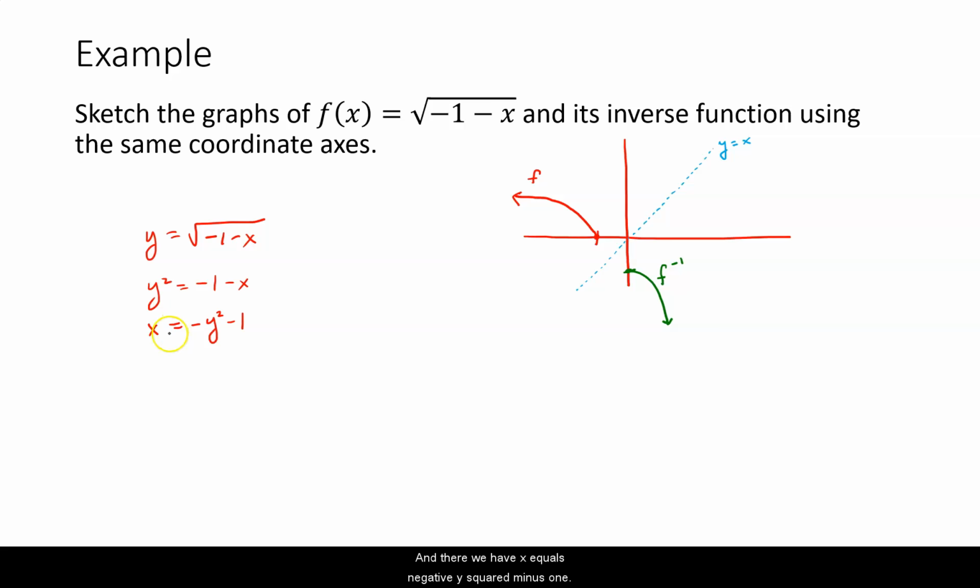And there we have x equals -y squared minus 1. So our inverse function there is -x squared minus 1, and we see that in the graph here, that's exactly what we see,